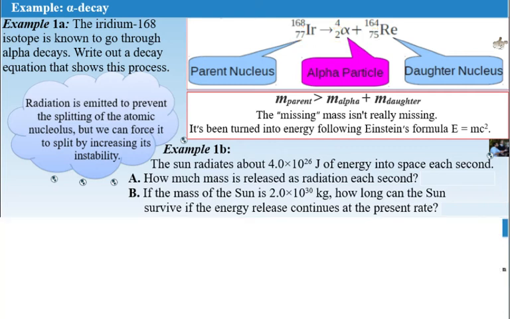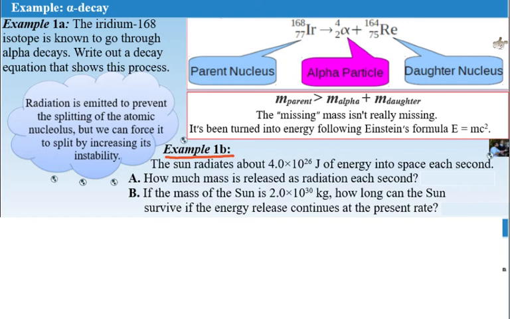And this daughter isotope is called rhenium. In the next example problem, they say that the sun radiates about 4×10²⁶ joules of energy into space each second. How much mass is released as radiation each second? So if I want to calculate the mass, I can